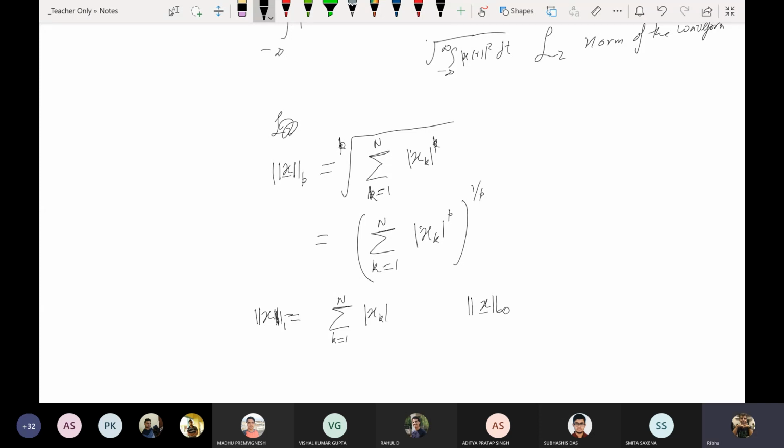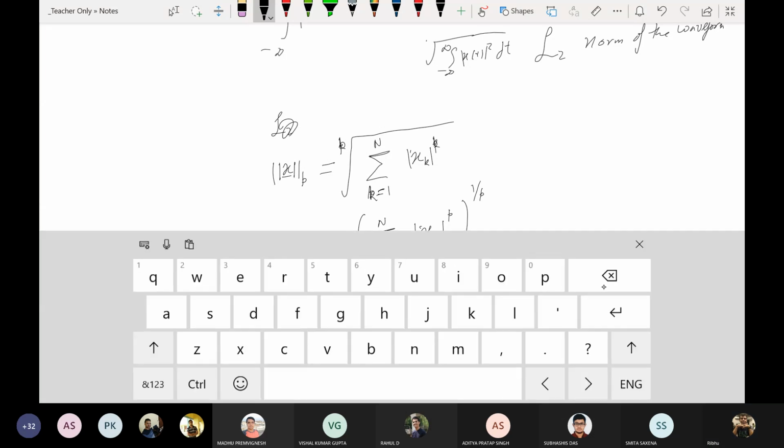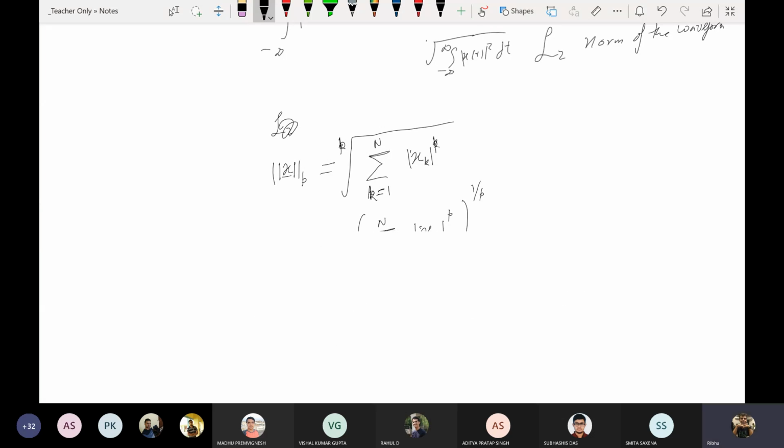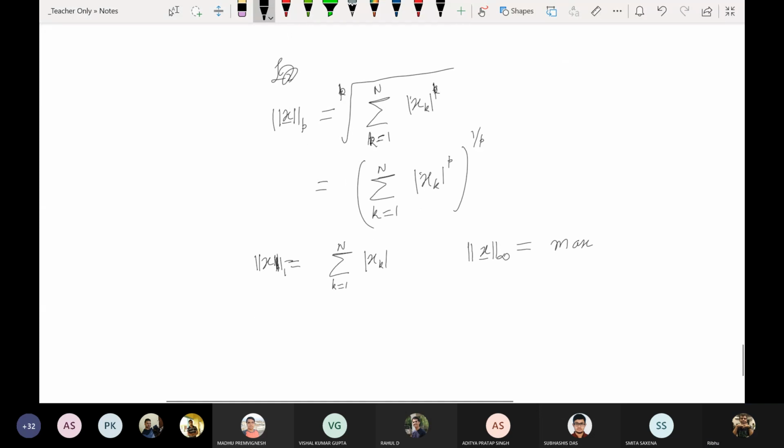The L infinity norm. Any guesses? How do I calculate this? Max value. Yes. So L infinity is the max of the values, the maximum value. You can argue this: you raise everything to the power infinity and take the infiniteth root,